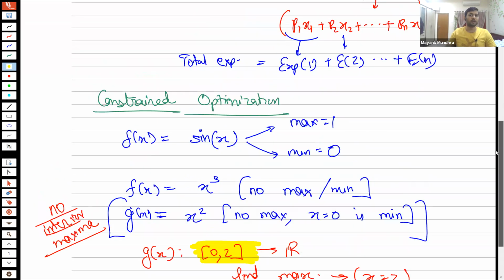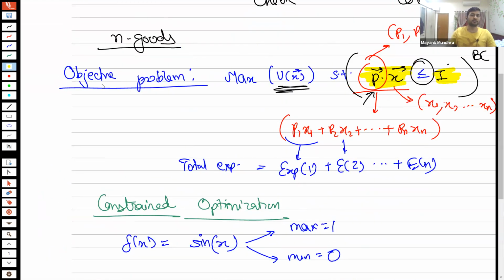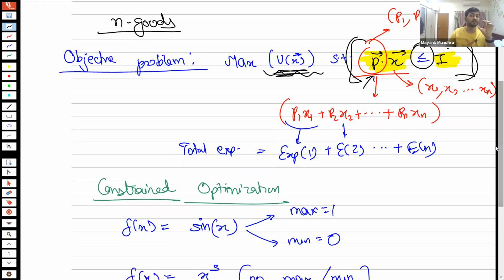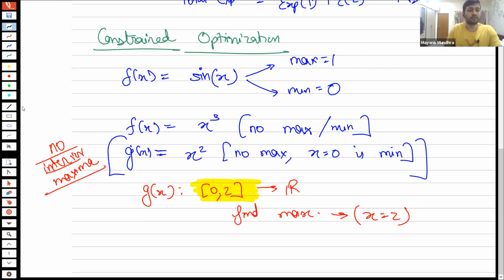So here what we are doing is basically something of the sort. The left-hand side is a function which probably has no interior optima, but the right-hand side is basically a constraint on the domain of this function. So we are restraining the domain, the possible values of x, to the budget set. We are not saying find the maximum of this function in the entire consumption set, because that may not even exist. What we are saying is find the maximum of this function on the budget set. Okay, so that's what we are going to do.